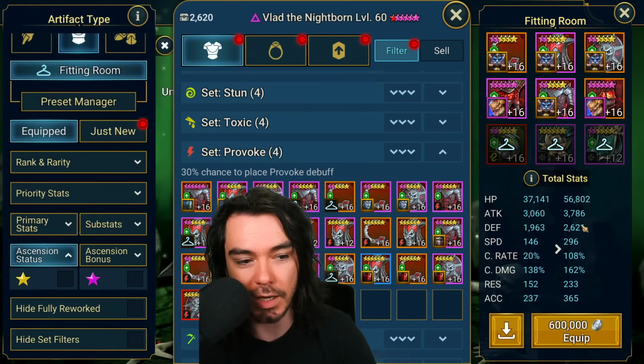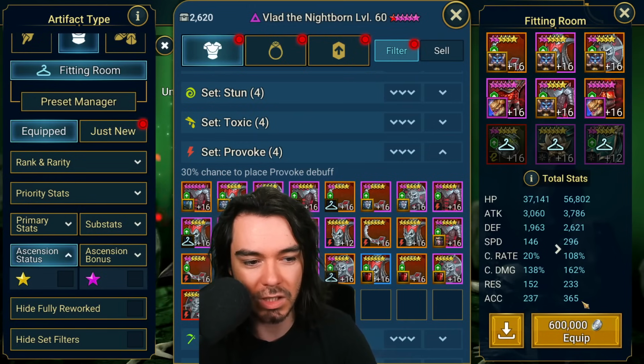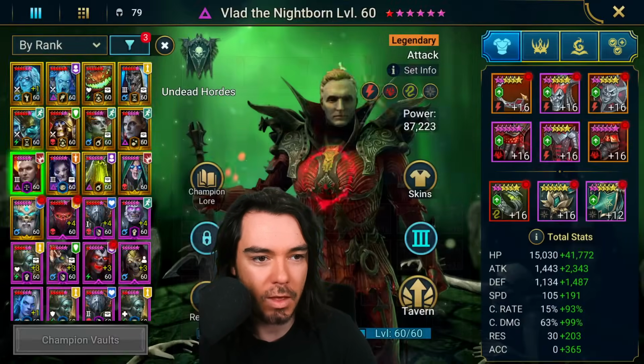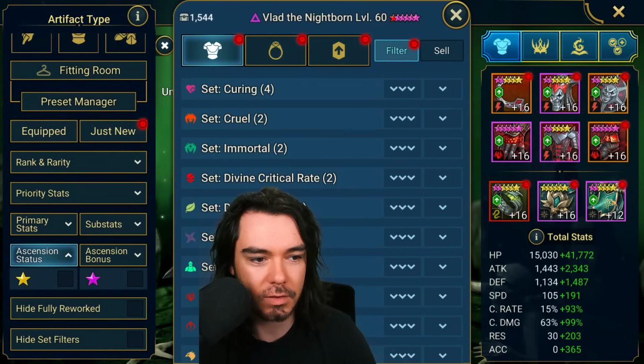We're coming in with crit rate. He's got almost no attack, but he's tanky. I mean, he's probably fine, Vlad. He doesn't need much damage. He's got plenty of accuracy. I think that's fine. Grab that, and we'll actually save this as...